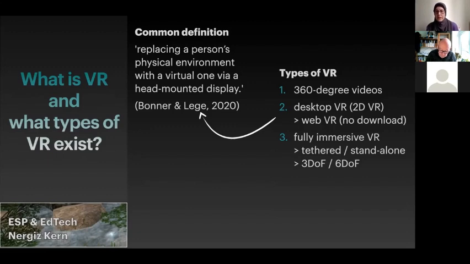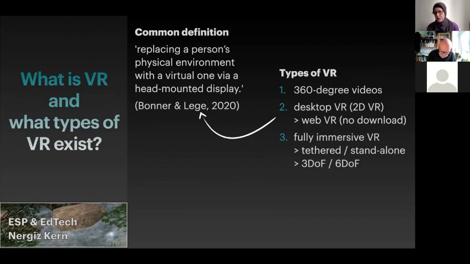And the third type is fully immersive VR. Before we go into details there, for the first and third type, you need the head-mounted display. If you look again at the definition, this is where you put on this headset and you are immersed in this world.